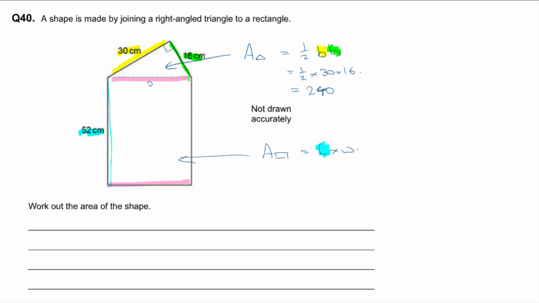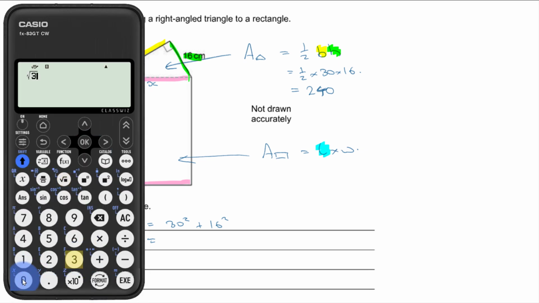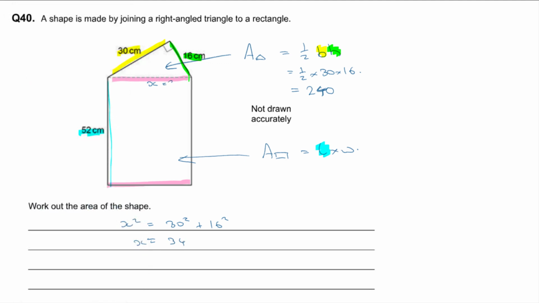So if we call this x, then x squared is going to be 30 squared plus 16 squared, because x is the long side. So then typing into my calculator, square root 30 squared plus 16 squared, that comes out to be 34. So x is 34. So that means that side there must be 34. And now I can work out the area of the rectangle. So the area of the rectangle is going to be 52 times the width, which we just worked out to be 34, times 34. Okay, so 52 times 34 into my calculator,